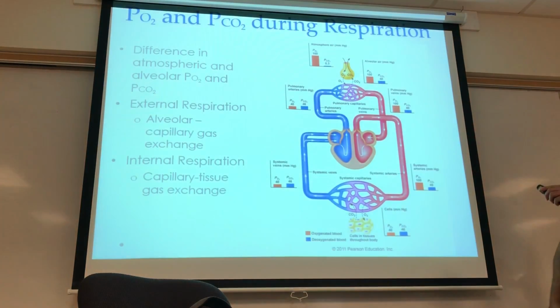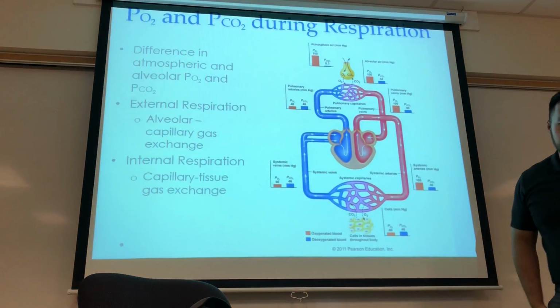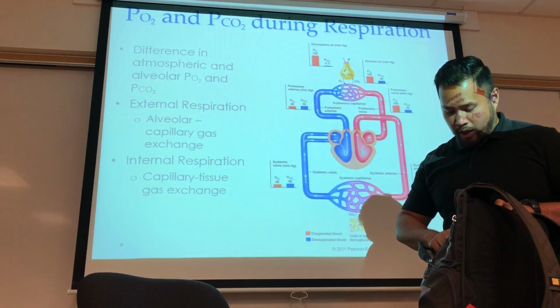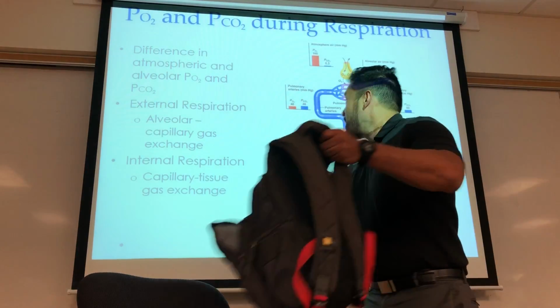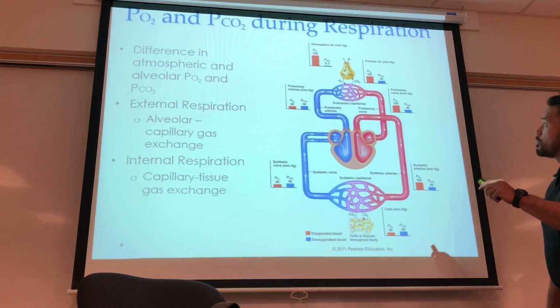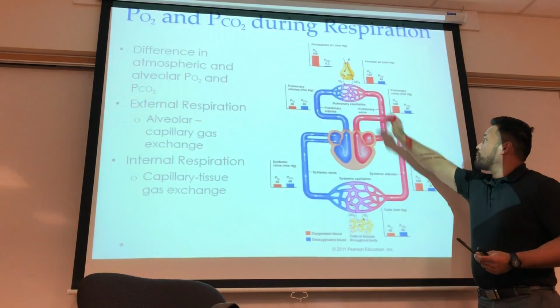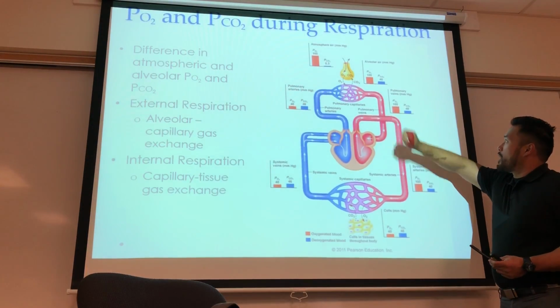And we see a partial pressure gradient pushing O2 into the pulmonary capillaries and pushing the CO2 in the capillaries back into the alveoli. So this is external respiration. We're oxygenating the blood, moving CO2 from the capillaries into the alveoli, and pulling O2 back in, following the same pressure gradients that allow gas exchange to occur, oxygenating the blood,